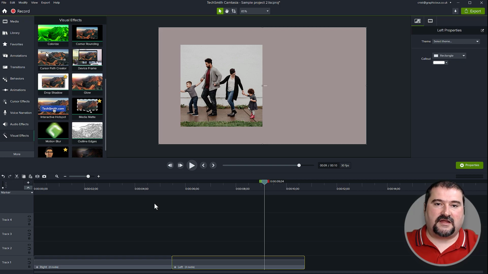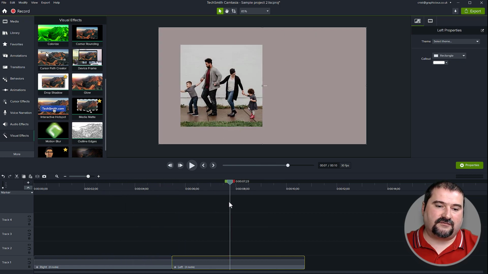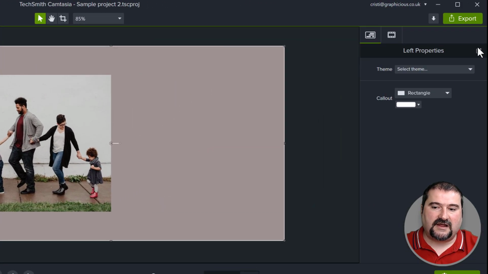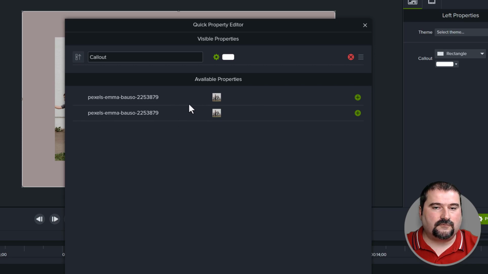So here's the nice stuff. I want a different image on the left page, of course, because I have come in here and that's my page is done. And I want a different picture here. Great. We can use the quick properties in Camtasia to achieve this. Click on the left image group, and you can see here for now you just change the rectangle color of the little beam of light. That's by default. But actually, I want to open the quick property editor right here, and I want to say I want the image to be changeable.